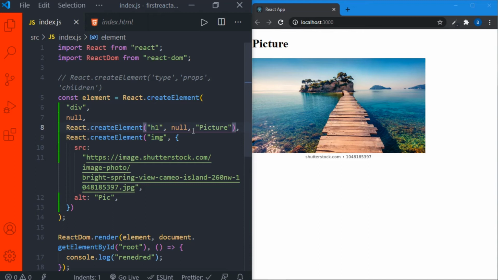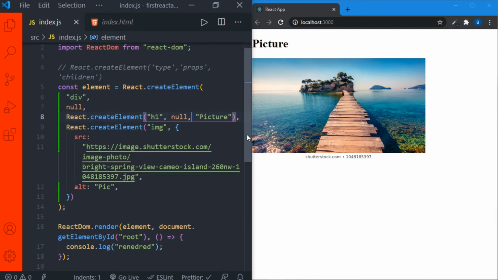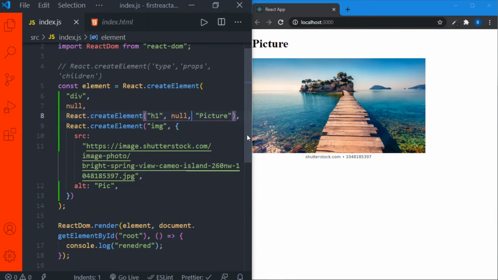So how will JSX help us get out of this? Now we are creating the element with the help of the createElement method, and we are specifying what the type is, and what the props are, maybe null or properties, and so on. So this is without JSX, before JSX.